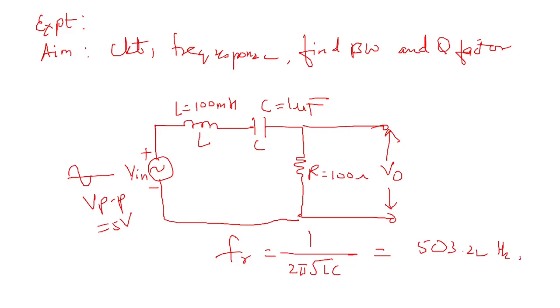Now in this experiment, we have to apply the voltage of 5 volt peak to peak amplitude, keep it constant, and go on varying the input frequency from the function generator. The input frequency we can vary: first 100 hertz, second 200 hertz, third 300, 400, 500, till 1k or 10k you can take. And we want to see what happens at 500 hertz, because we have designed this circuit to resonate at 500 hertz.